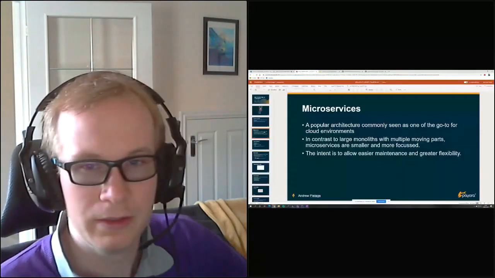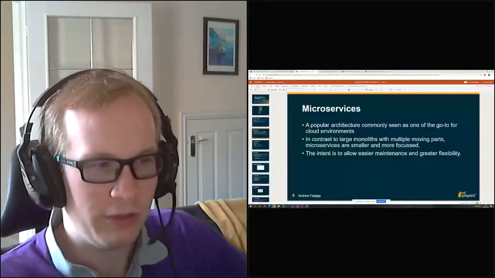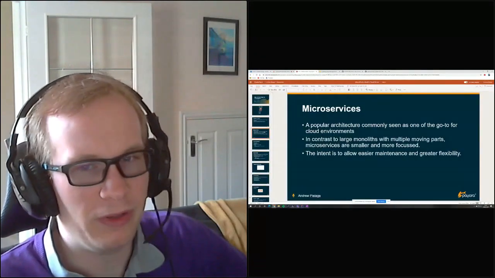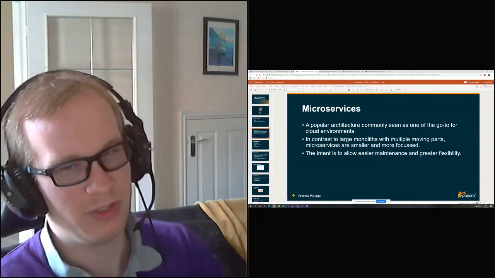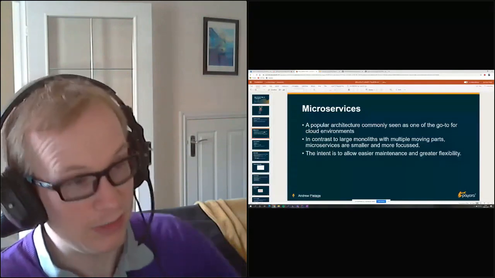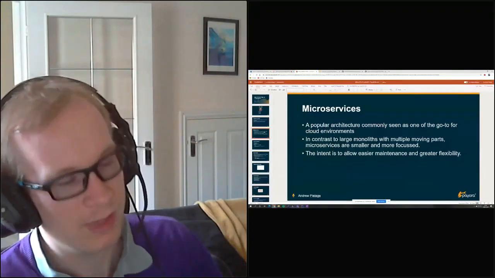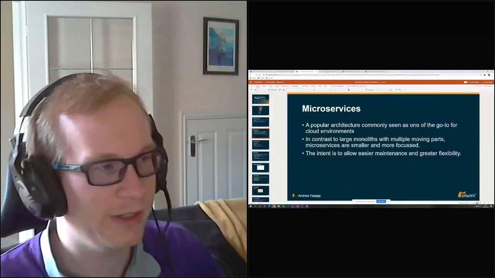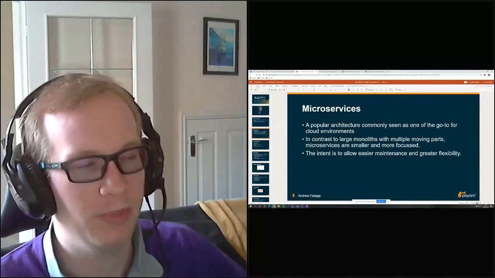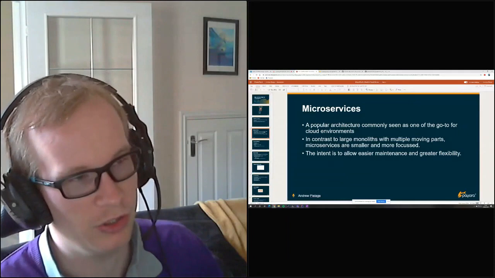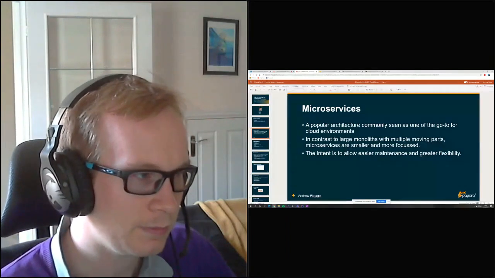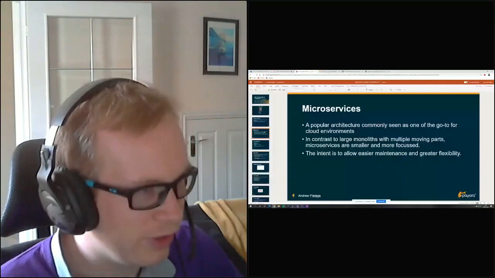But microservices, as mentioned, are smaller and more focused. They allow you to more easily develop individual parts of your application independently, and even deploy them independently, because that's the actual intent behind it. So you've got multiple bits of your greater application deployed independently. So monitoring of those